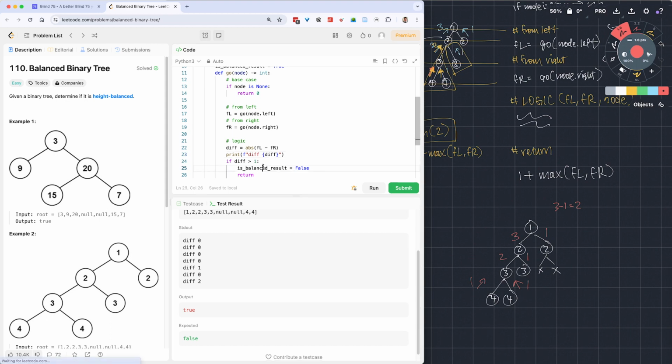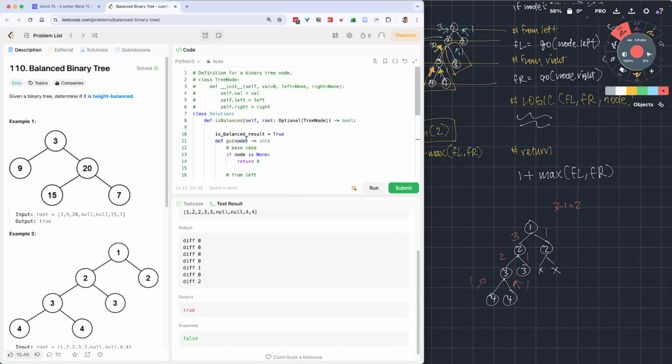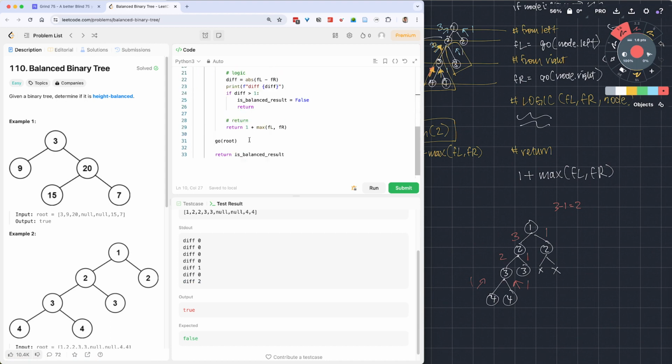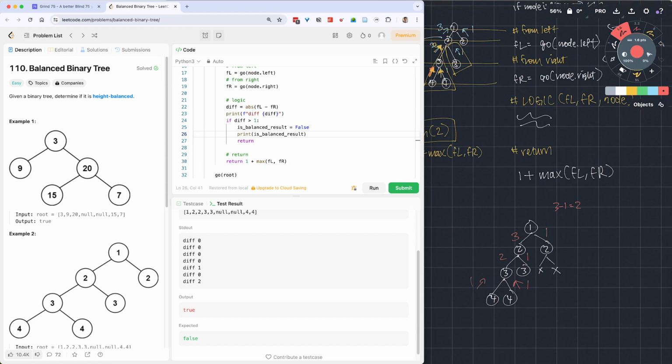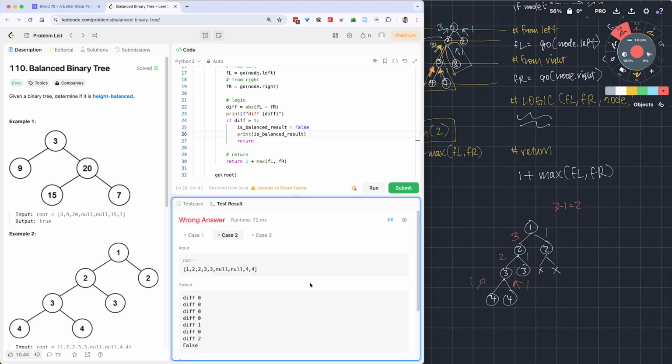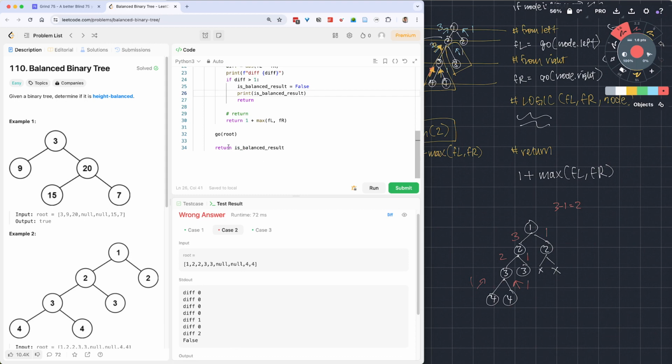The isBalanced result should be set to false right there. And it should return and end the iteration. So that should be false. What we should see is diff 2 and then this being false. Okay, that's perfect. And then this return isBalanced result should,